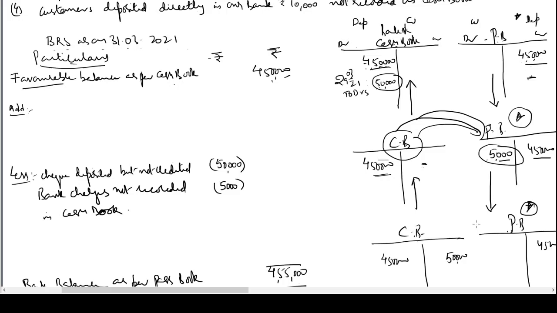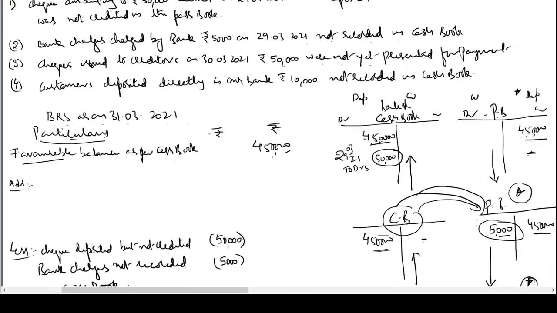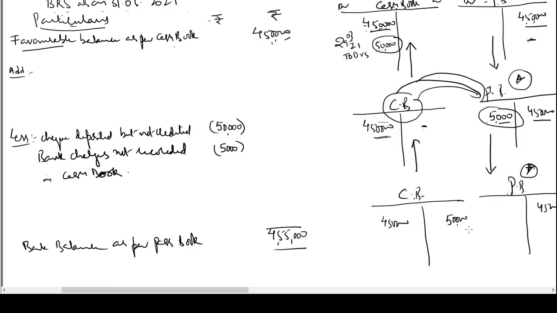But what happened? I issued the check on 30th March. It was not presented for payment. The creditor has not yet gone to the bank to collect the payment on the check. We have issued the check, but the creditor is not presenting it in the bank, so the bank will not know that we have issued a check and that payment has to be made to the creditor. Unless the check is presented to the bank, they will not make the payment. So there is no entry in the books of the bank.